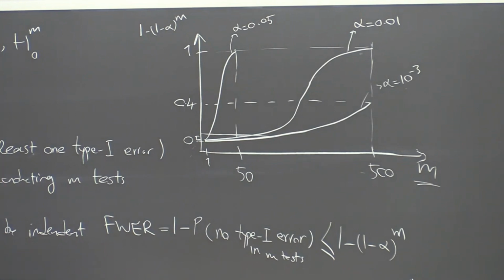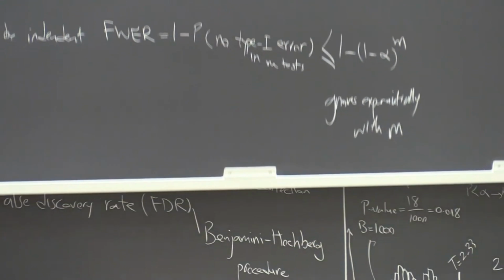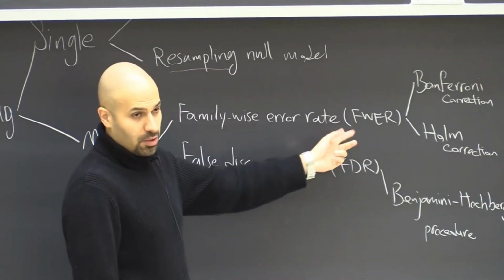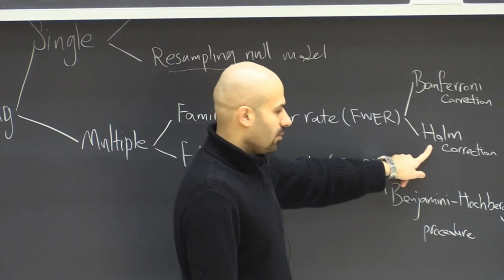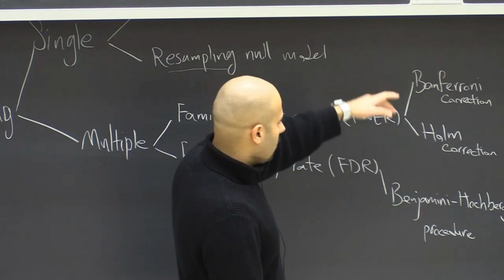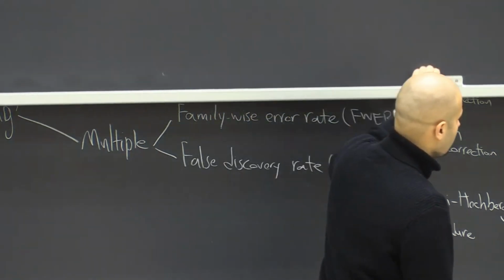No? All right. So now for dealing with this family-wise error rate, we have two approaches. We want to control this family-wise error rate to the level of alpha, and one method is using Bonferroni correction, another method is using Holm correction. So let's start with Bonferroni. So with Bonferroni correction,